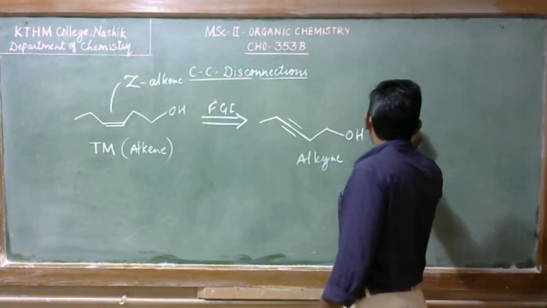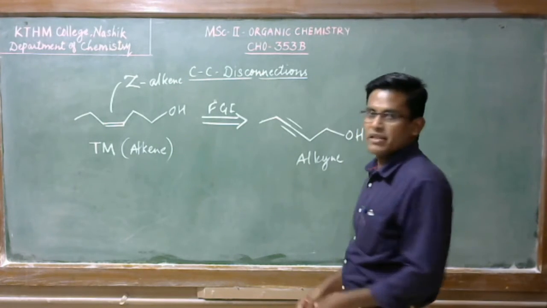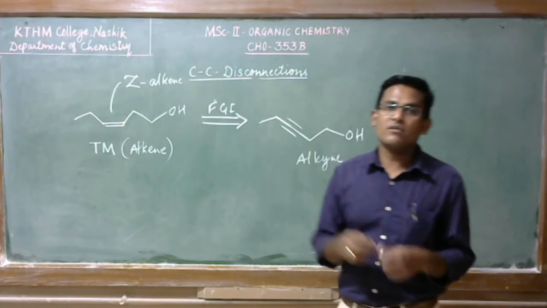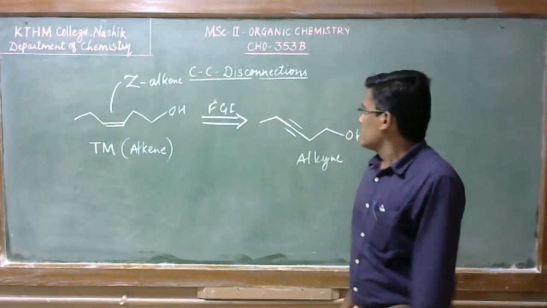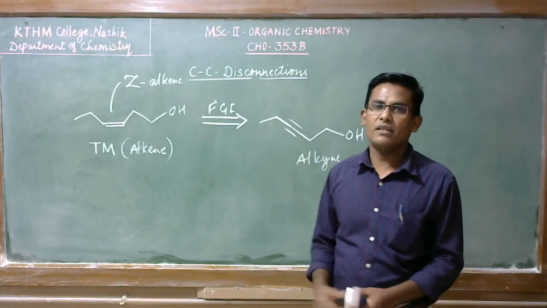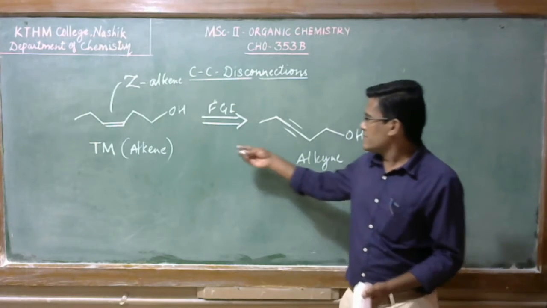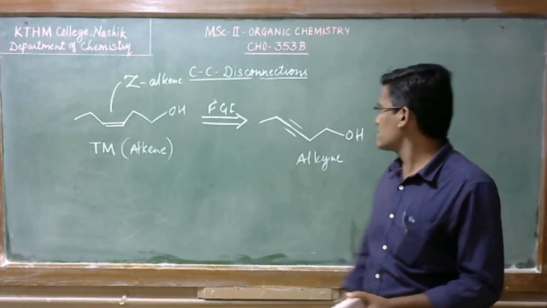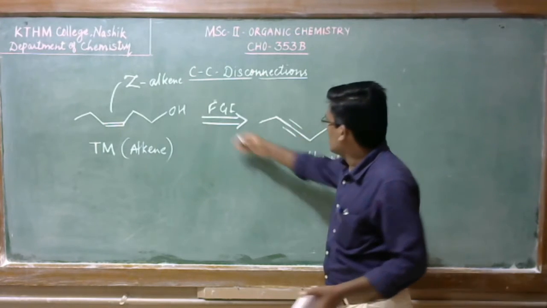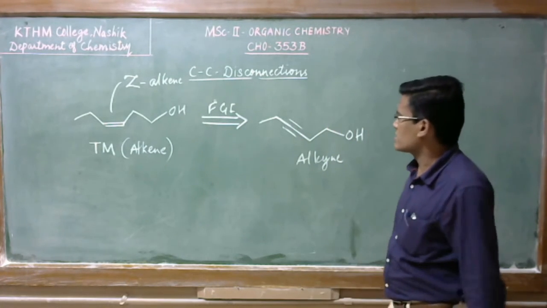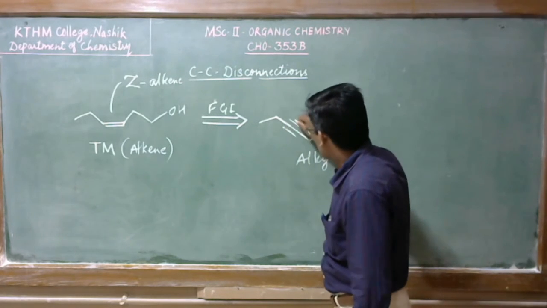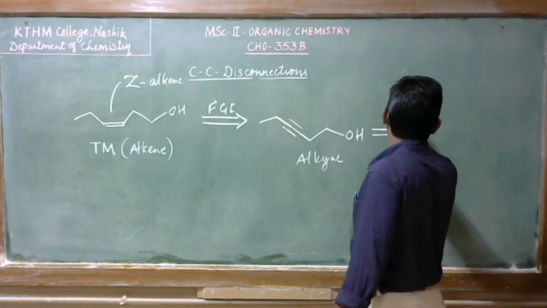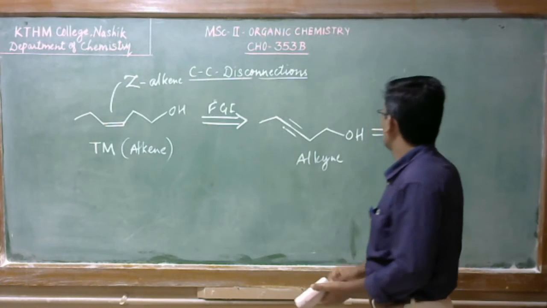As I have discussed in the last lecture, this terminal alkyl group can be installed by a substitution reaction. So this cis-alkene can be obtained from alkyne by using Lindlar catalyst. Here we have done the FGI, functional group interconversion. So this cis-alkene can be transformed to this alkyne. Now in the next step,